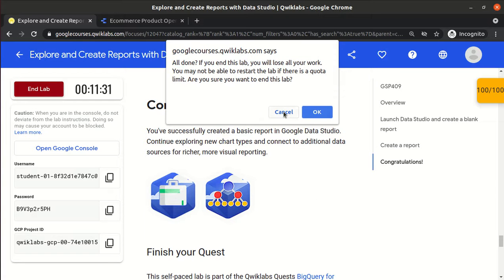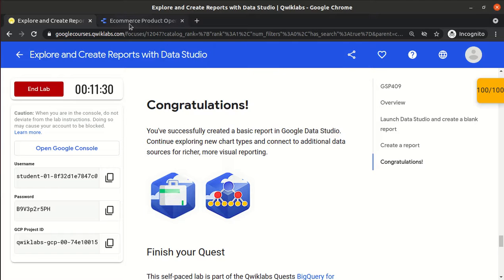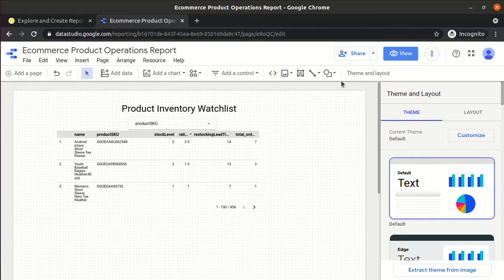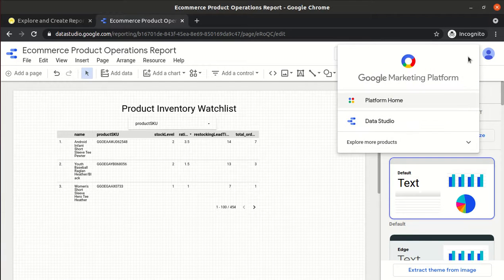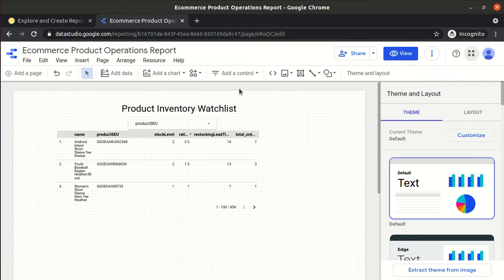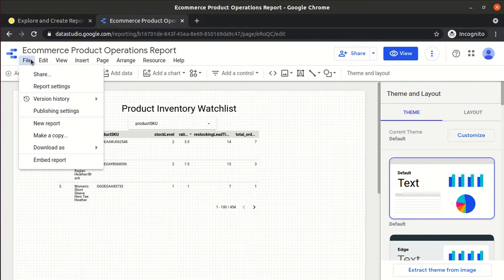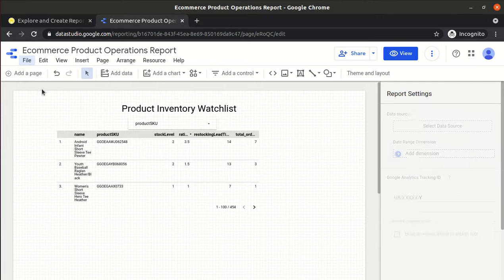One minute, I want to see one more option. There is a cache option, I think, in some settings. Report settings, file report settings.